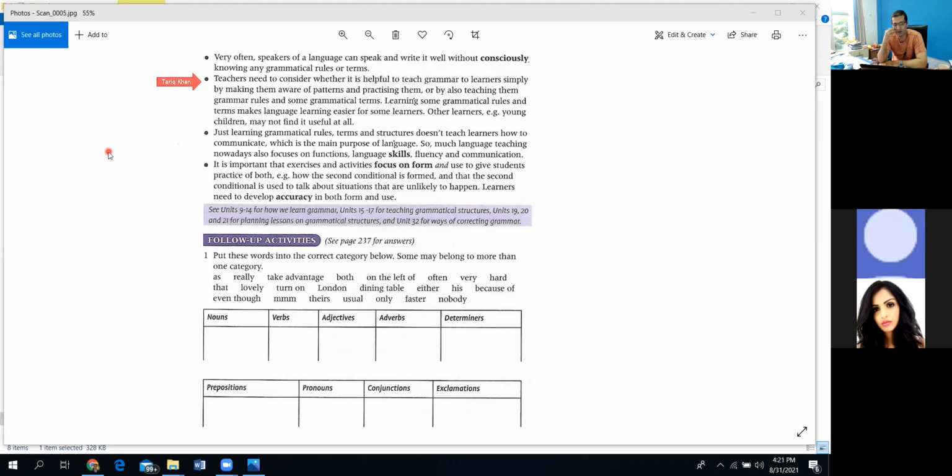So that's what they point out here, that adults might be interested in learning the grammatical rules because adults and young adults want to speak or write according to the rules perfectly. So they might be interested in it. But the youngsters, the small ones, are not interested at all because they do not understand that. So for them, you have to use practical English to make them familiar with the language, not the grammatical rules like